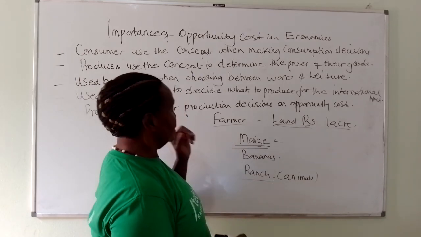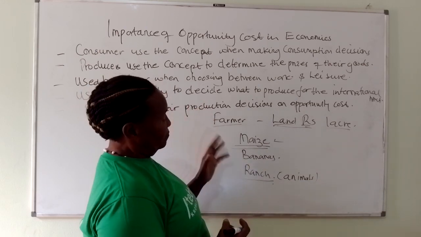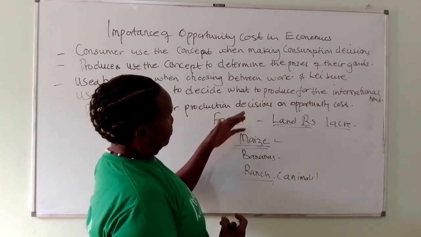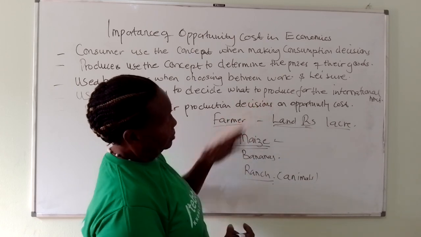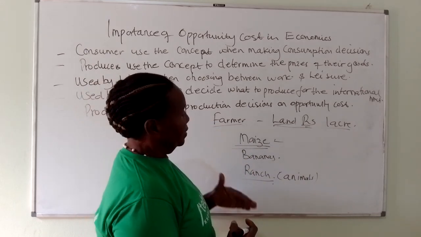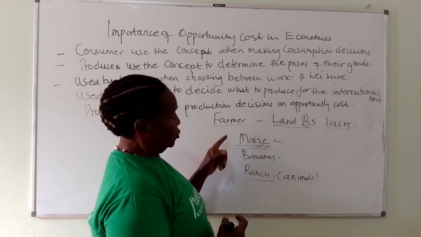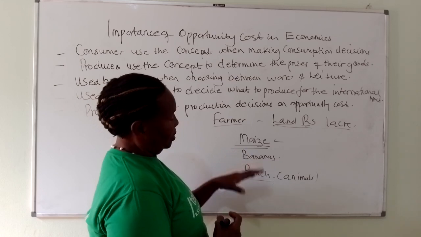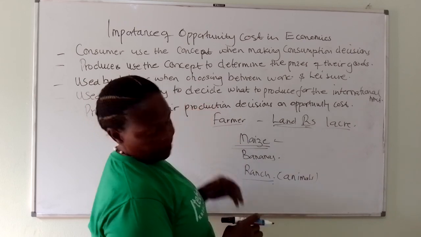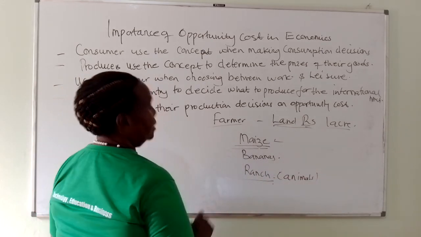The moment you choose maize, maybe at the beginning you can intercrop, but the moment the bananas grow, maize will never be growing well with the bananas and so on. So again here, producers have to make a choice. I have my limited resources. So what is the best product that I'm going to produce with the available resources? And whenever you choose to allocate your resources for the production of one, there is a second best alternative you are leaving out, or foregoing, and that is because of the limited resources and the choice you have made. So choosing maize, you forego the animals.